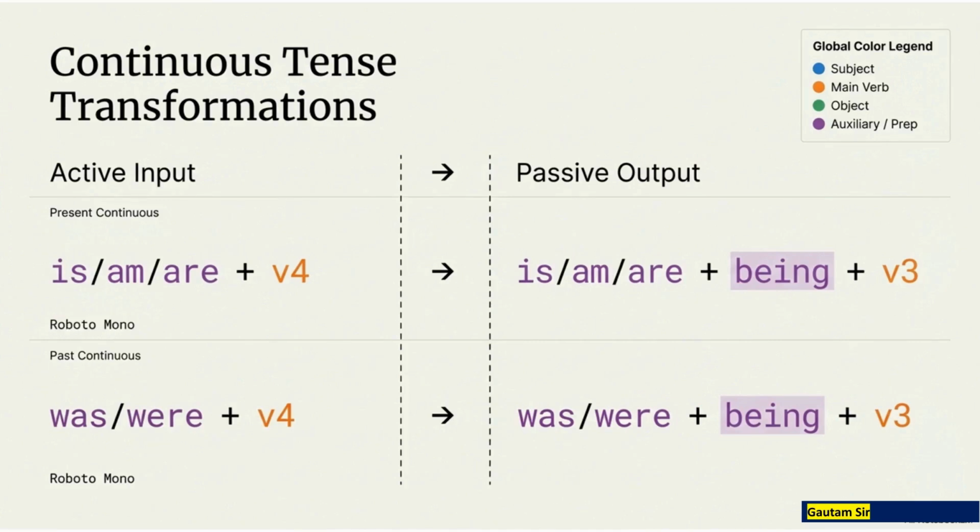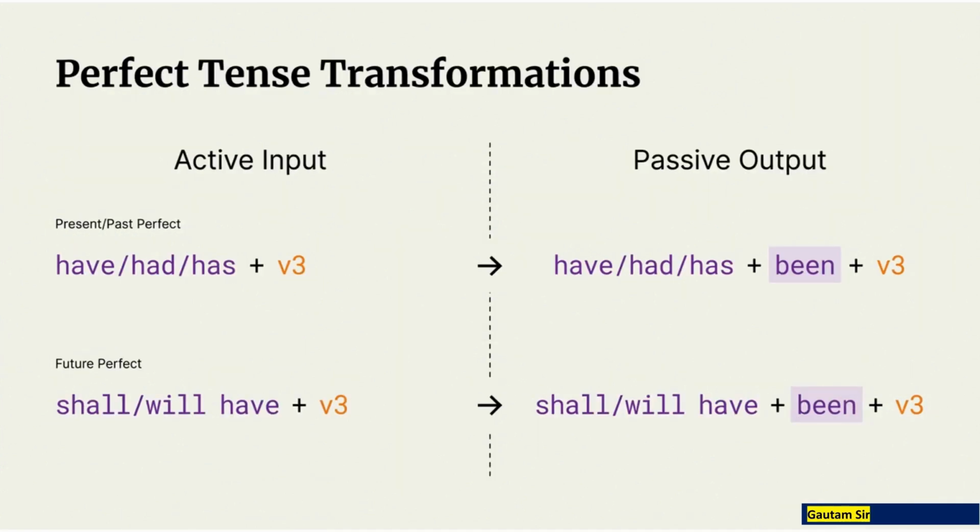For continuous tense transformations, present continuous is, am, or are plus V4 converts to is, am, or are plus being plus V3. Past continuous was or were plus V4 converts to was or were plus being plus V3. For perfect tense transformations, present or past perfect have, had, or has plus V3 converts to have, had, or has plus been plus V3. Future perfect shall or will have plus V3 converts to shall or will have been